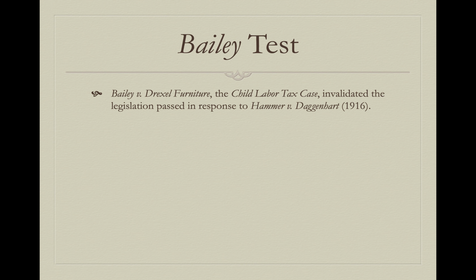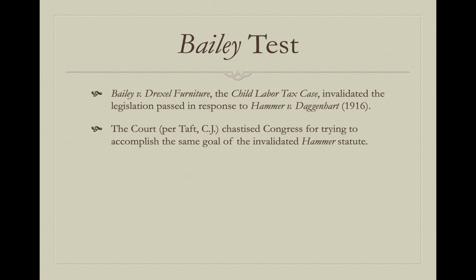Well, the court strikes that down in the Bailey versus Drexel Furniture case. And what the court says is that lots of things that will eventually be rejected. The court says that Congress was really trying to regulate child labor. The court said explicitly, if you look at Chief Justice Taft's opinion, he says, we know what Congress was trying to do. We're not blind, and he actually says that. He says, we're not blind to what Congress is trying to do. They're trying to do the same thing that we told them they couldn't do in Hammer, just instead of through the Commerce Clause, they're trying to do it through the Taxing Clause, and therefore we have to invalidate this statute